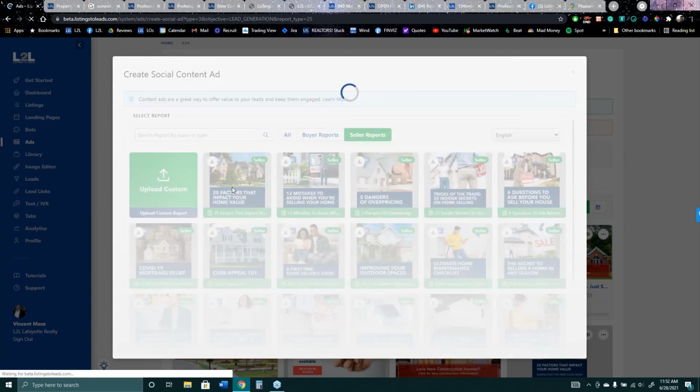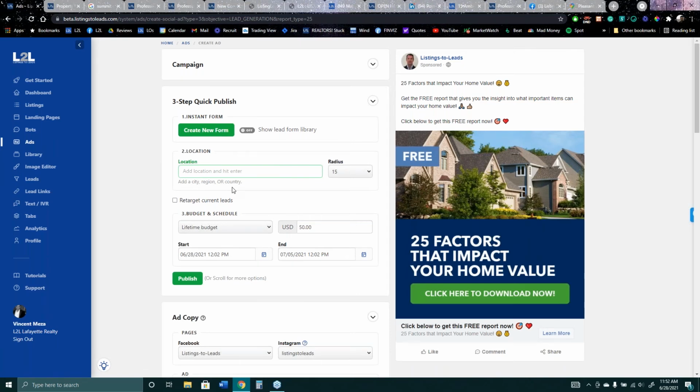And when you create the ad, it's got this new look over on the right. You're going to create the form, you're going to type in the location, and you're going to publish, right? Now you can customize things, but I think all you really need to know is when they respond, we're going to give them the ability to download the report. So you don't even have to mess with it, right? Now, I will say this is kind of blue over here, but